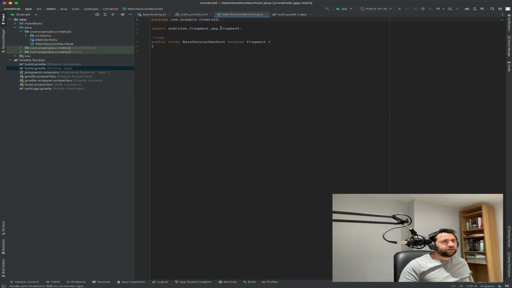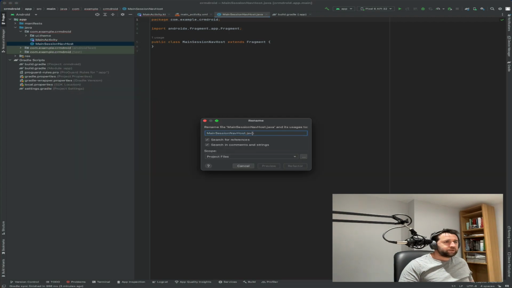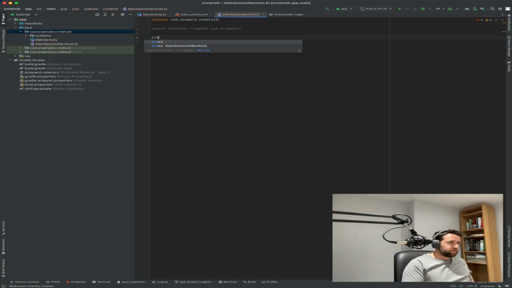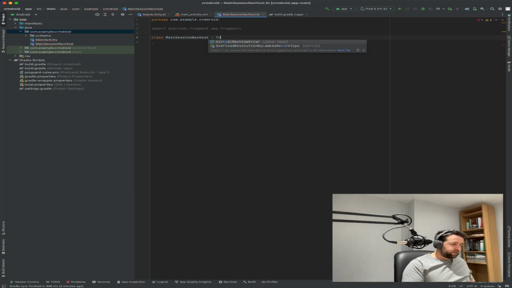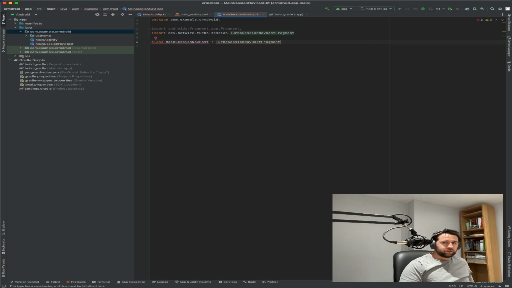And this actually created a Java file, so what we're going to do is just quickly refactor this. We're going to rename the file, and we're just going to make it a Kotlin file. And now we can go about creating our main session nav host. Okay, so this is very straightforward. So we just inherit from Turbo session nav host fragment,